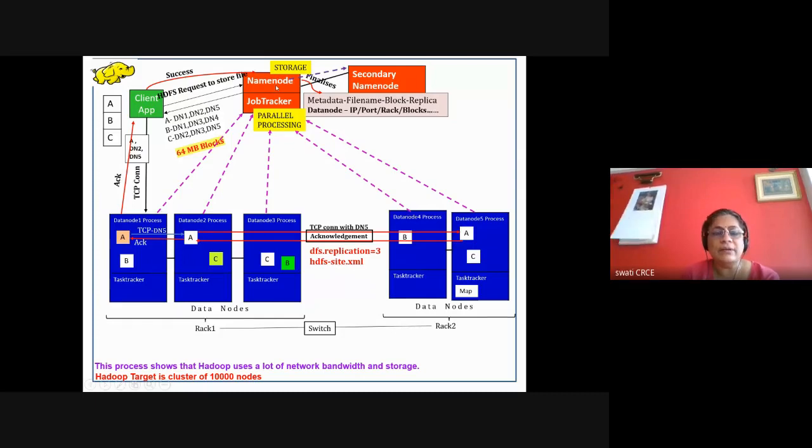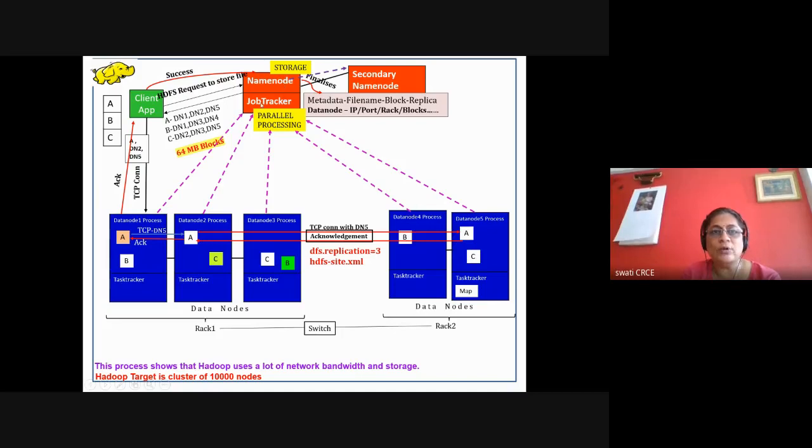Whenever I'm referring to the name node and data node, when the Hadoop cluster is started, these are actually nothing but processes. The name node is a process, the data node is a process, and when the Hadoop cluster is started, these operating system processes are started on the machine. These processes are running on this machine, and we call them a name node or data node. Remember, these are processes.